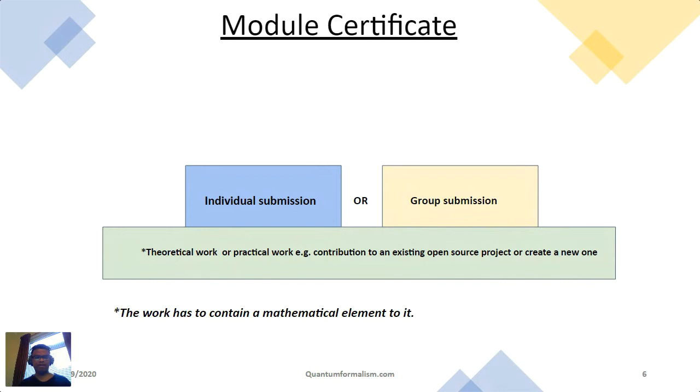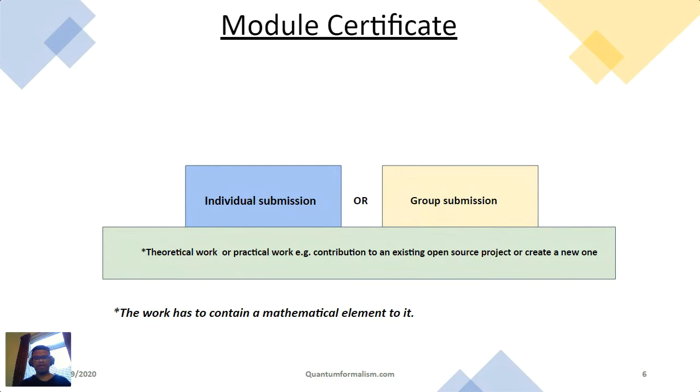So this is what we think is the middle ground for both. And I really encourage group submission, not least looking at your profiles on LinkedIn, you have a very diverse set of attendees.